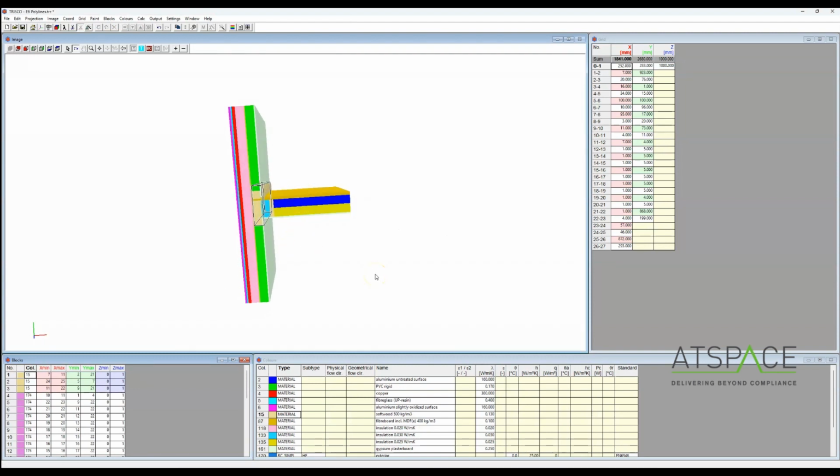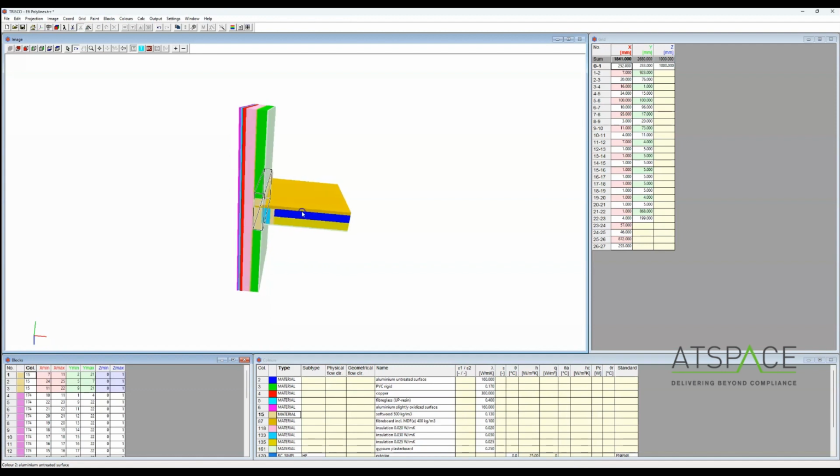Just a brief explanation about how TRISCO works, because we're now in the main part of TRISCO, which is the 3D model. Even though I know this is a 2D model, I'm modeling it in 3D, and then we're going to change it to a 2D model. It sounds very complicated, but it is actually the simplest way I've found to do it. So, TRISCO,